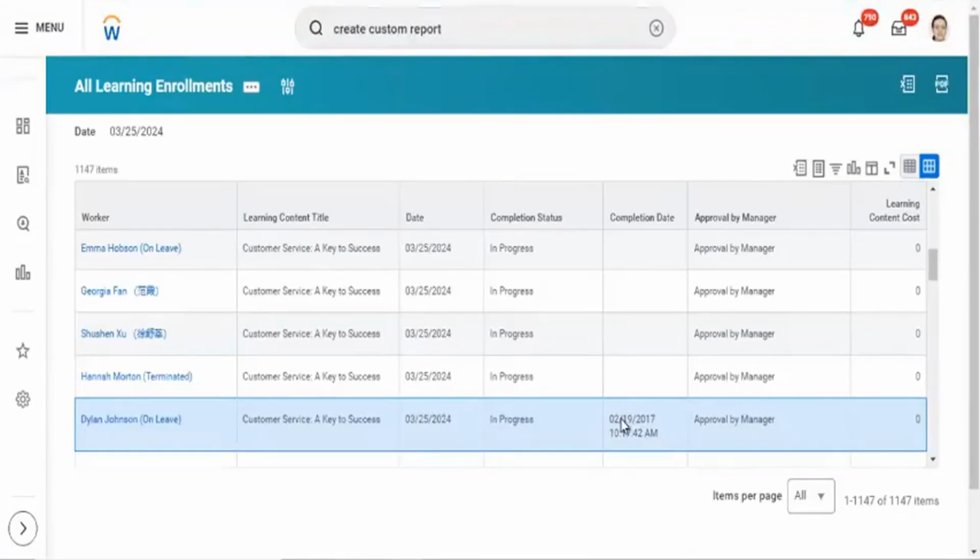We can add multiple courses, and we can schedule the report also, so we don't need to generate the report every day. If we schedule it, it will automatically generate the report and share it to the mentioned email ID.